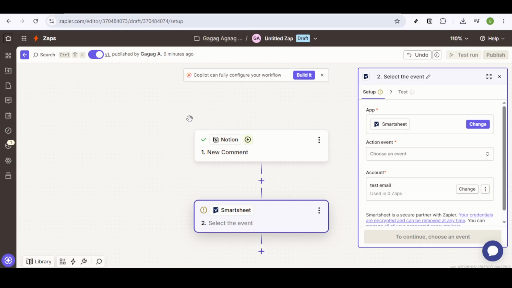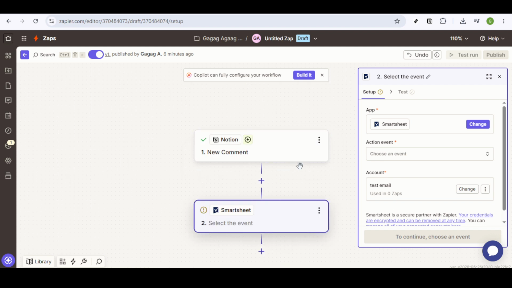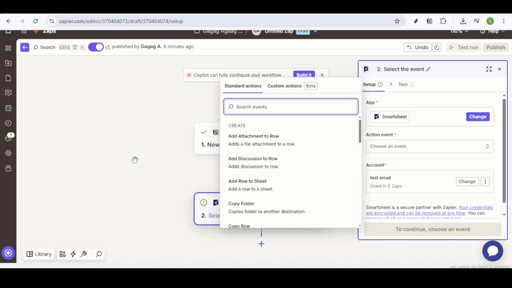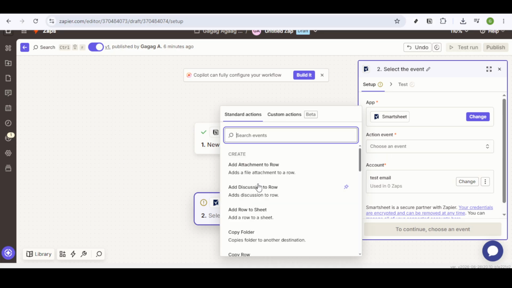Next, you'll choose the app where you want the automation to start. Depending on your needs, you have two options. If you want information to flow from Notion to Smartsheet, start by selecting Notion as your trigger app. After selecting Notion, you'll choose a trigger event like New Database Item or Updated Database Item. This event will signal when the automation should run. Connect your Notion account, and then select the specific database you wish to monitor. Don't forget to test the trigger to ensure it's set up correctly and that Zapier is pulling in a sample